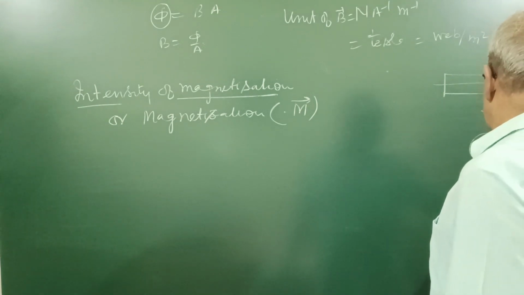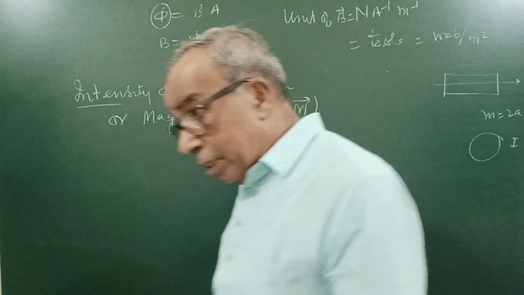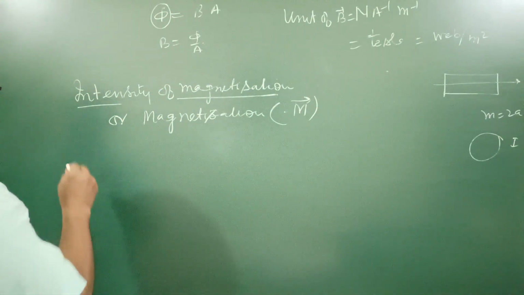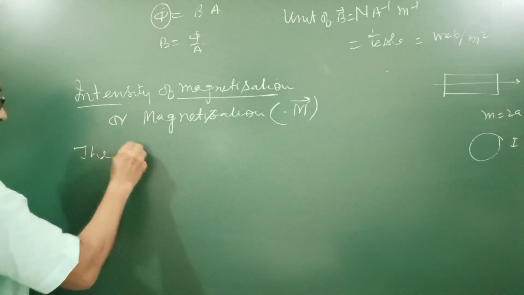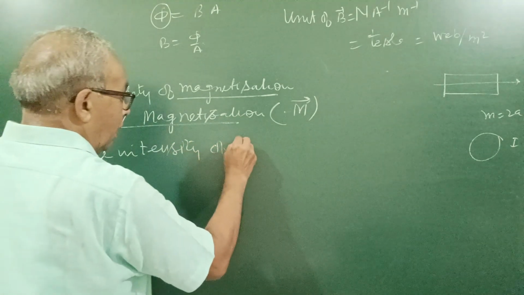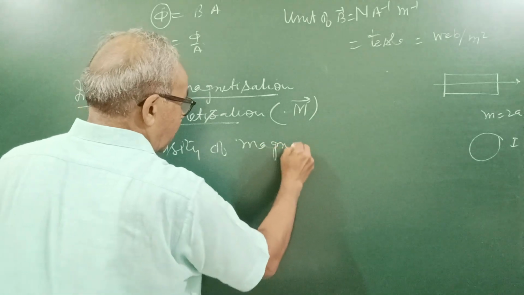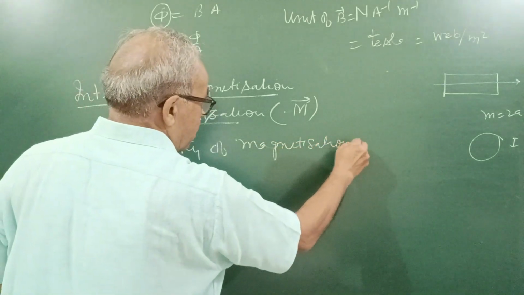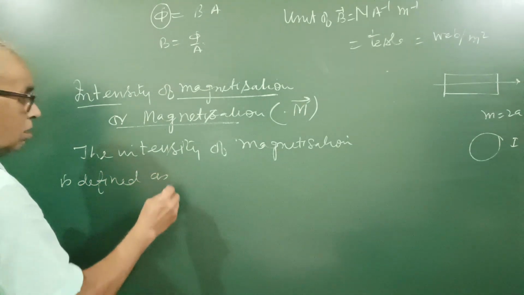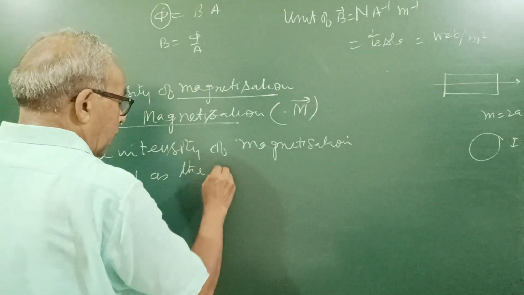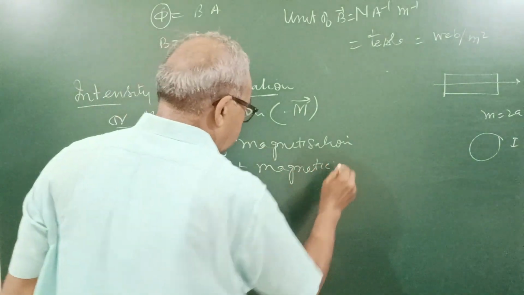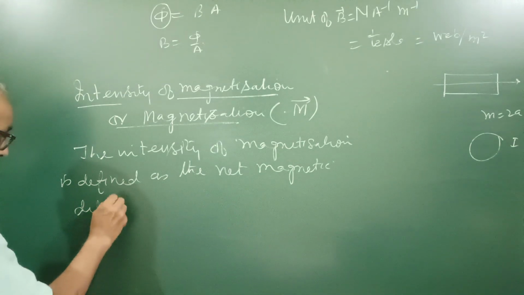In the case of a current loop, it is I A. So for magnetic materials which are magnetized, the intensity of magnetization is defined as the net magnetic dipole moment